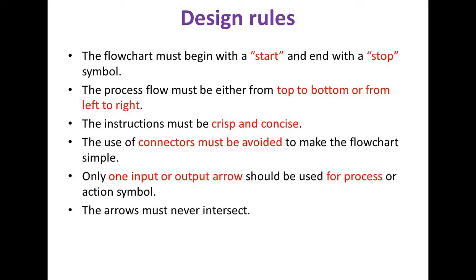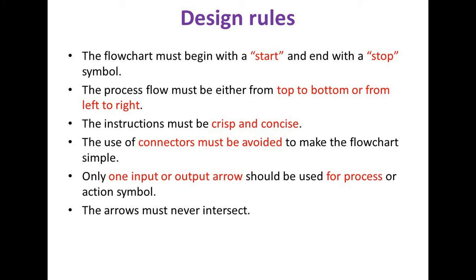Why? Because our another symbol we have called a decision or condition, right? So for decision or condition, we won't have only one output, right? Obviously based on the decision, we may go for either true or false side, right? And sometimes we may have the loop back concept also, right? Because of that, the decision will have two outputs, whereas the process and action symbol should have one input entering into that and one output arrow going out from that.